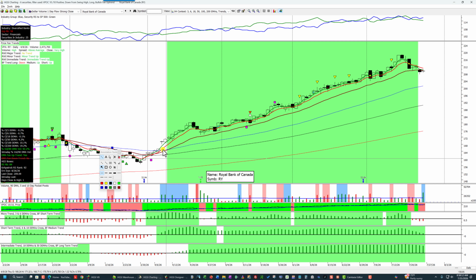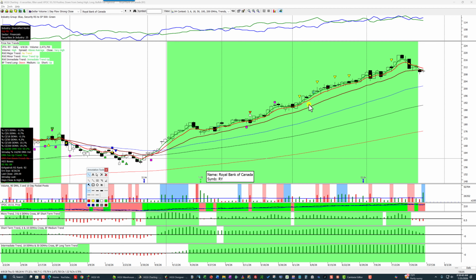But you can see that right here, there was money starting to flow in strongly like this with a pocket pivot and a VPOC and a 3-6 crossover, even though the impulse move was down, or reverse impulse, whatever you want to call it. This is where the buying came in on this gap up right here. And look at this spike. And then the impulse move began and it stayed intact all the way up here from,